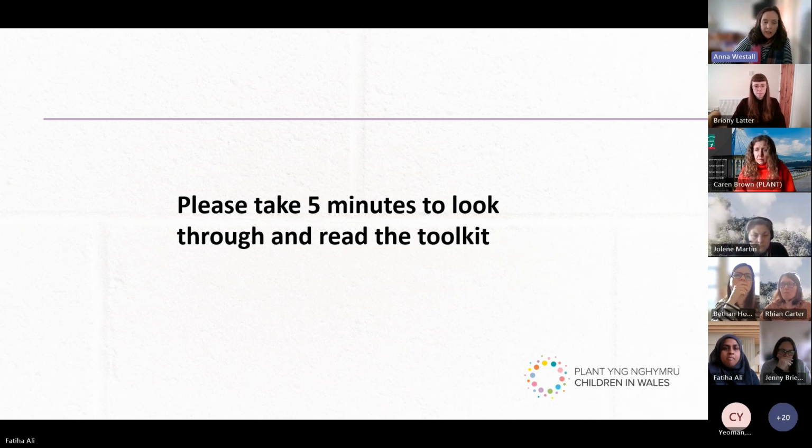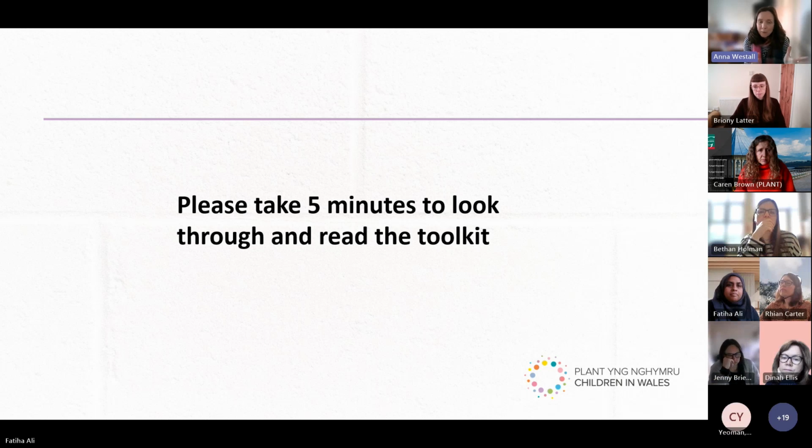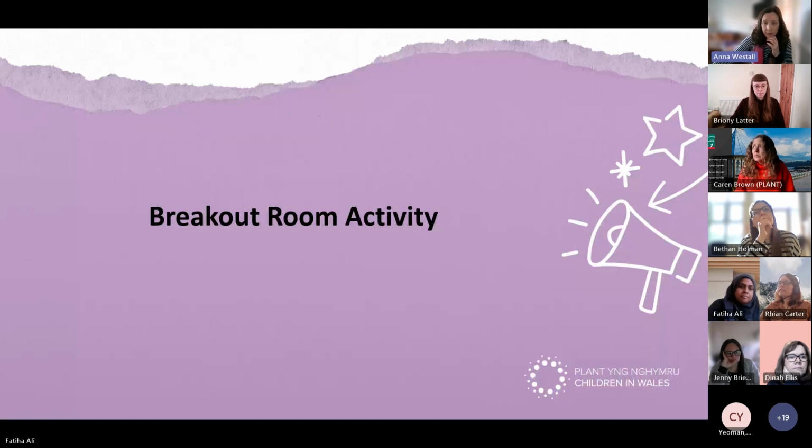So what we want to do now is have a chance for you to delve a bit deeper into the toolkit, have a think about how you could use it, and consider a few things as well. So we've got a little activity. I know a few people have had to leave, but hopefully most of you can stay on to have a little go, because it's really good, if you read a toolkit, to then have a go at using it and spend this time really putting it into practice. It will really help you as you move forward. Okay, so if we can move to the next slide and I'll talk through the activity, that'd be great.